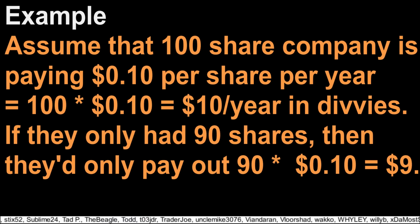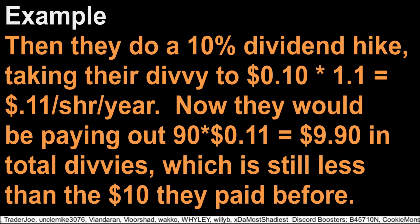If they did a huge buyback of 10% of their shares, leaving them at 90, then that would mean they'd only be paying out $9 a year in dividends. That would easily let them do a 10% dividend hike to 11 cents per share per year, taking their total dividends paid out to be 90 times 11, which equals $9.90 per year, which would still be paying out less